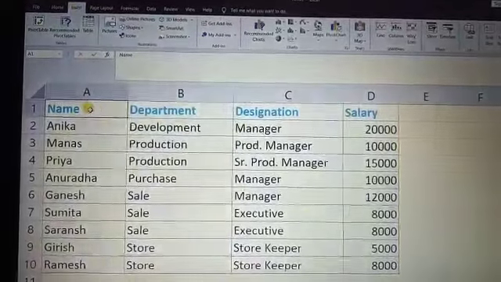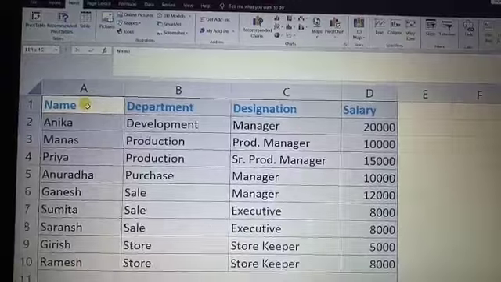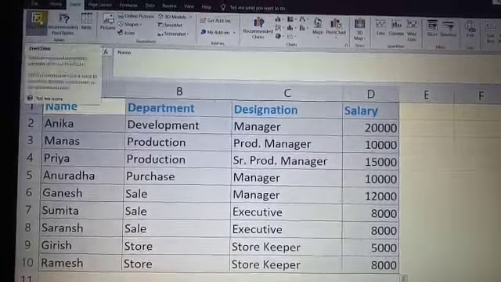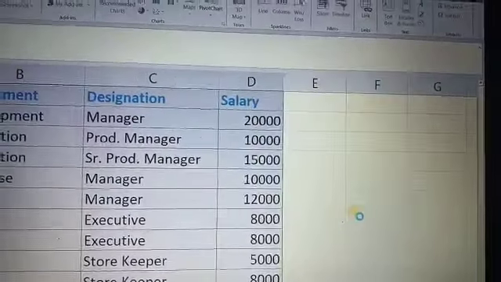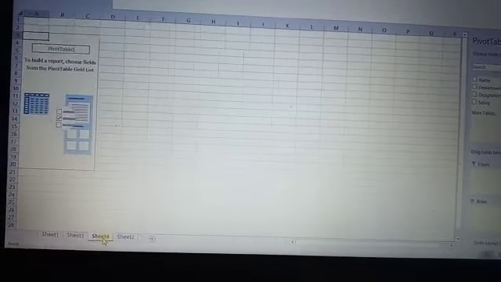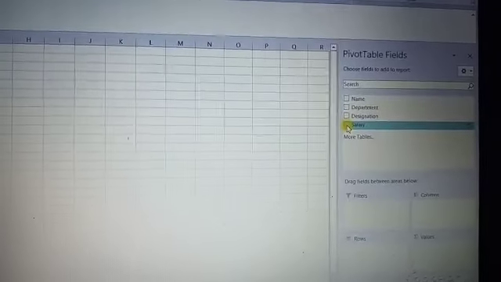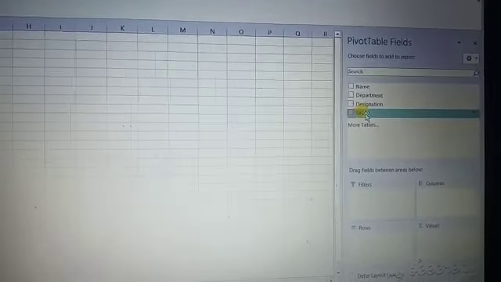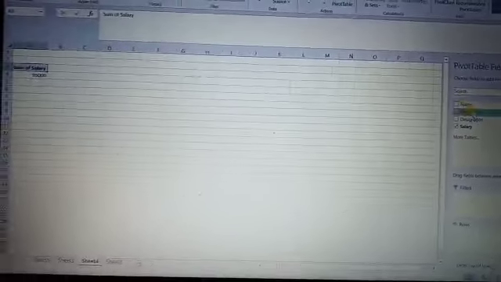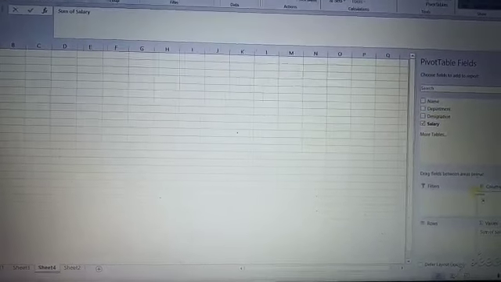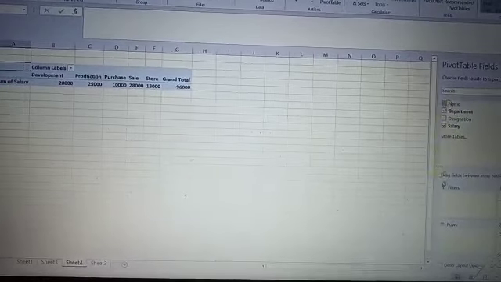At first we select the whole section by selecting the range and click on the pivot table option. A new worksheet will be shown here. We click on that. It shows Sheet4, which is the new worksheet. Now, for the value we have the salary field. Just drag it and drop it here. The column field will show the departments, and the row field will show the names.